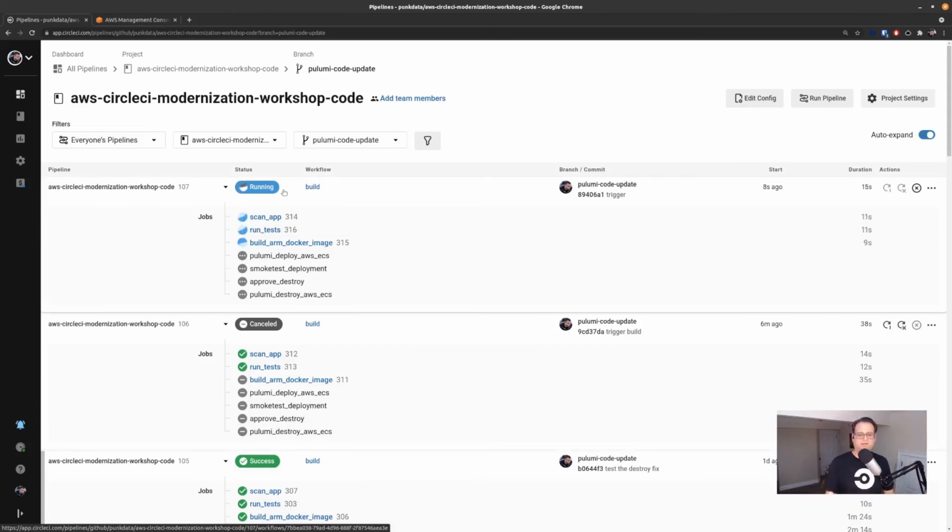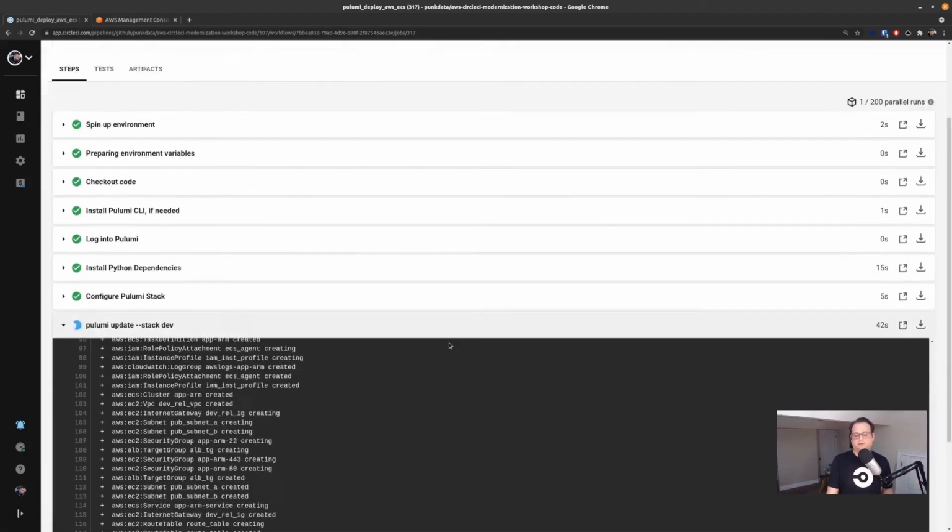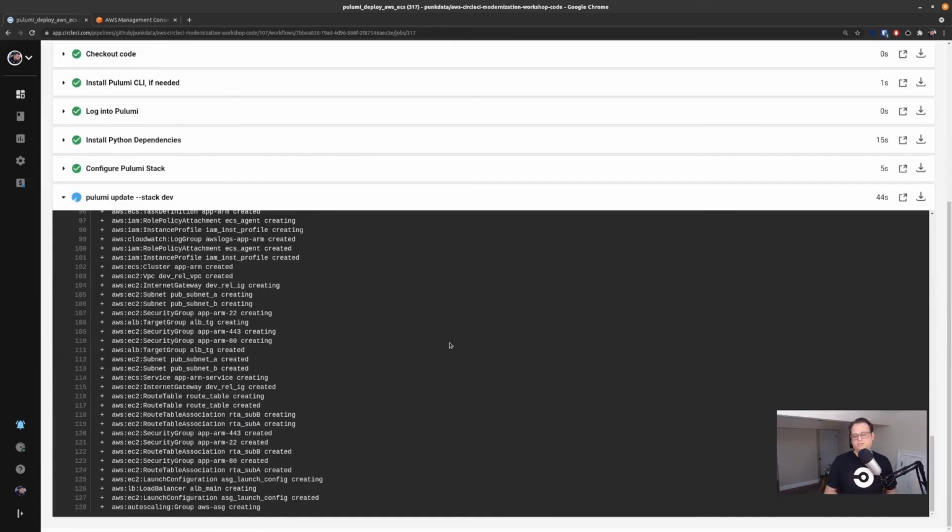Now, we'll get into the details of this after things have run and been provisioned. So our Docker image job has completed, and the Docker image has been pushed to Docker Hub. Let's check on our Pulumi provisioning process. So Pulumi is an infrastructure as code system that enables developers and operators to basically build their architectures and other cloud resources using code, right? So you can define all of those things using code.